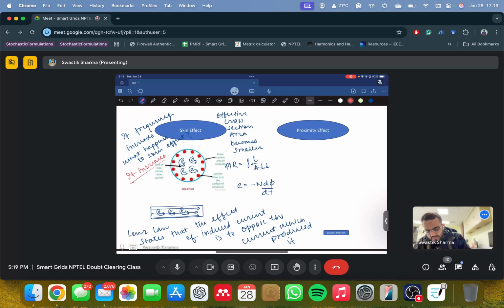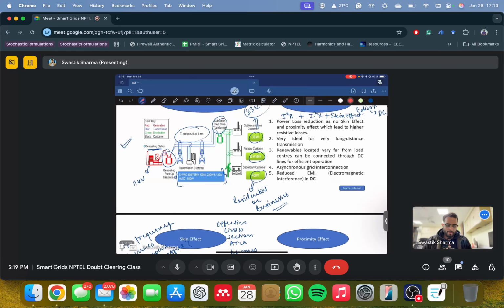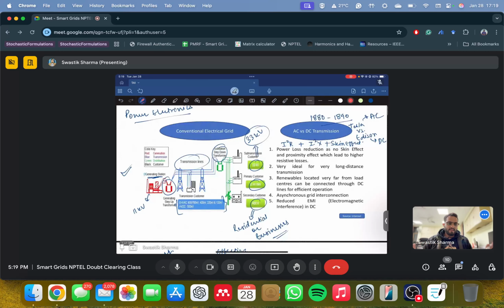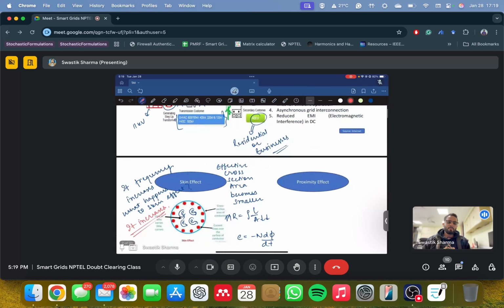So this is one drawback of your AC transmission systems, right? This is not at all prevalent in DC. Why? Can anyone tell me why DC does not have skin effect? Frequency is zero, sir. Yeah, frequency is zero. It's just a steady state current, right? So there's no frequency, but yes, there are still I square R losses, though they don't become very prominent because of skin effect. And there's one more effect called proximity effect.